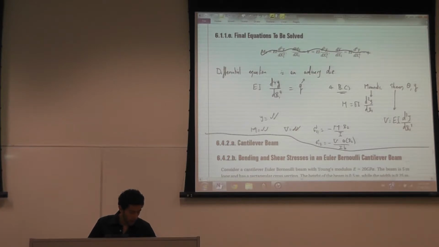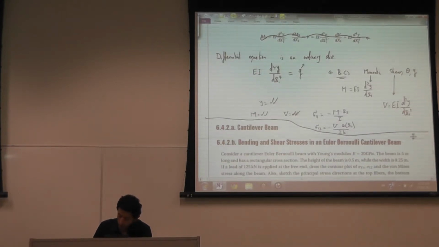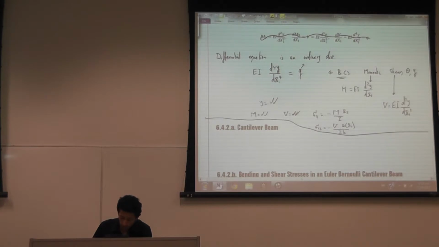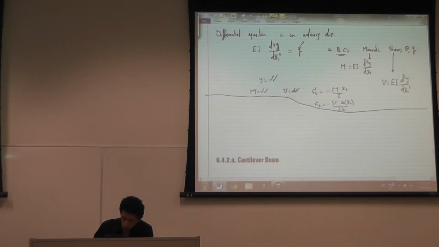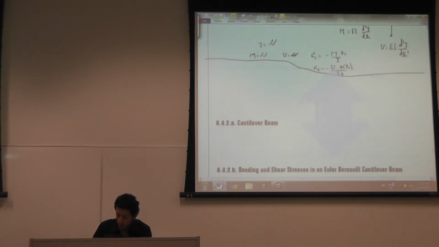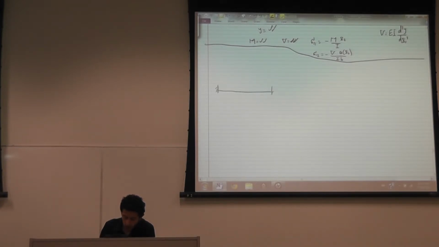So let's discuss the first problem in your assignment first, which you have to solve by hand using the exact method. You're given this problem with a concentrated load here, whatever the value is,